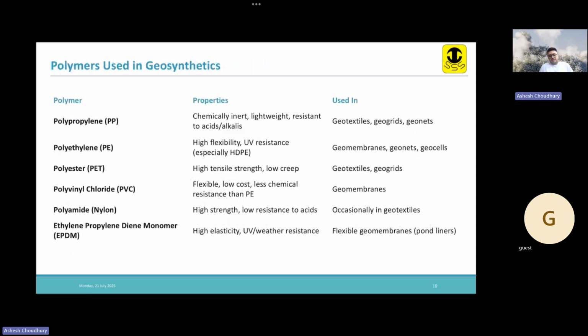Now, these geosynthetics, as we said, are synthetic materials, made of synthetic polymers. So what are the different types of polymers that form the different types of geosynthetics that we have discussed here? Some of the properties have also been discussed here. For this also, again, I suggest you